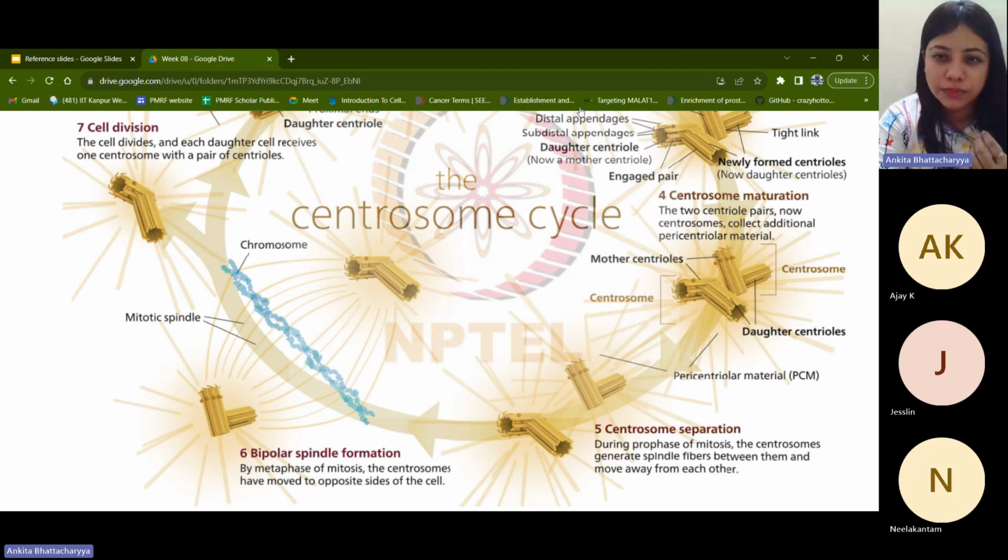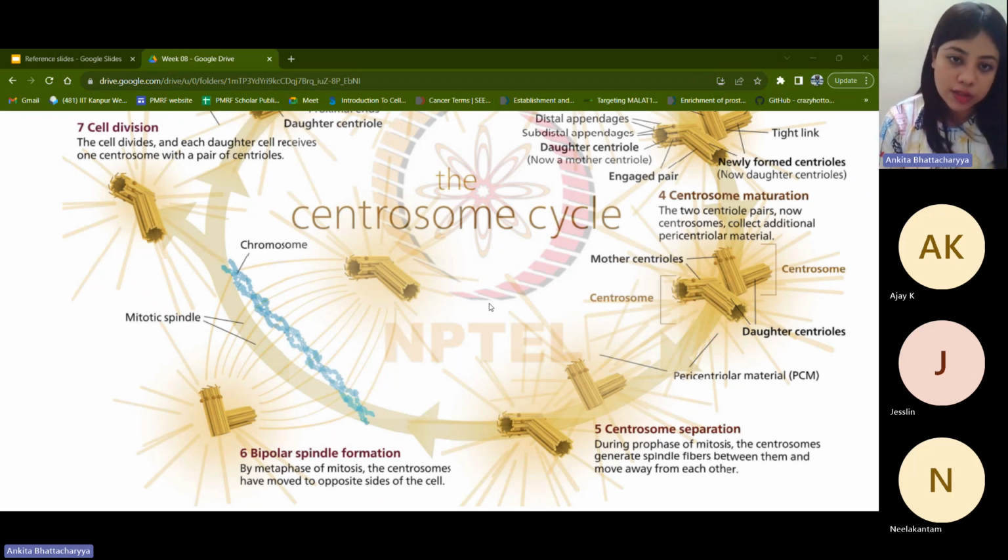Yeah. So I was saying basically, that you have a centrosome. Think of it as this entity. What it is made up of is two centrioles, which are oriented at an angle with respect to each other, and they're surrounded by some sort of cloudy material, which of course is made up of certain things. You can think of it just as a cloudy material for now, that is known as the pericentriolar material. So you have two centrioles and the pericentriolar material altogether forming the centrosome.